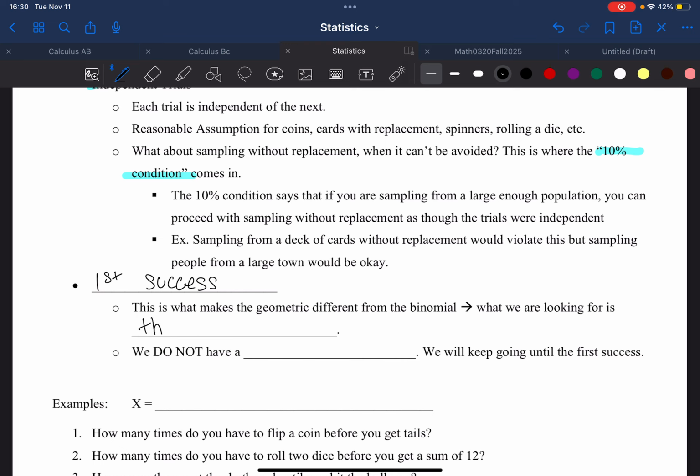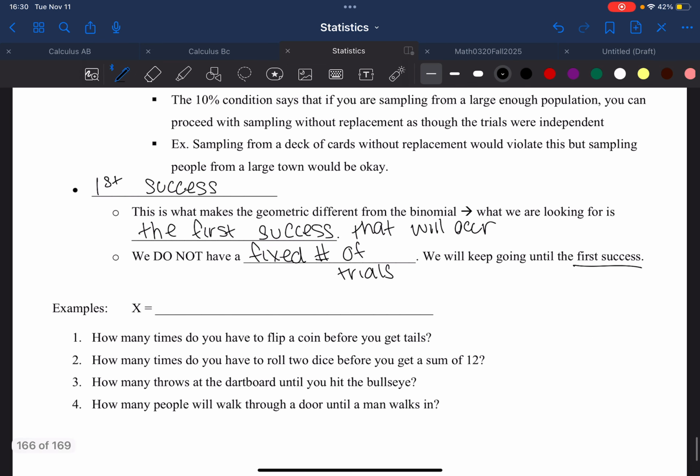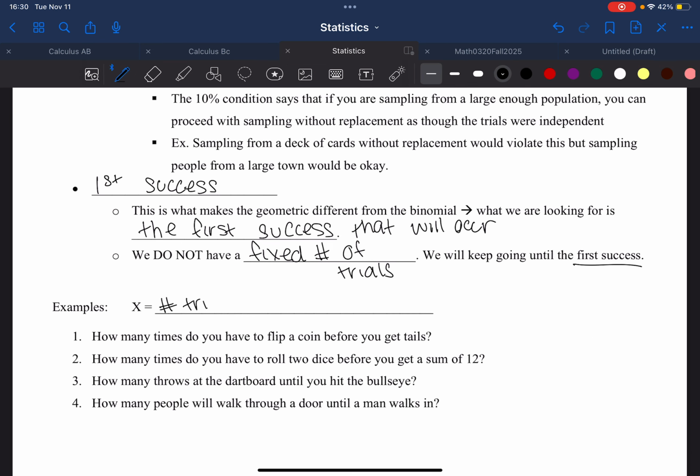is the first success that will occur. We do not have a fixed number of trials, okay? Which means we keep going until we hit that first success. So for example, if X is equal to the number of trials until you reach the first success,